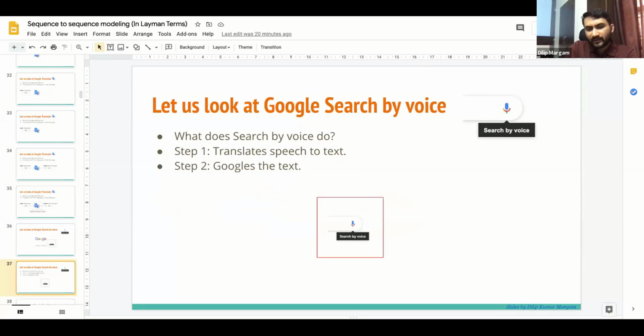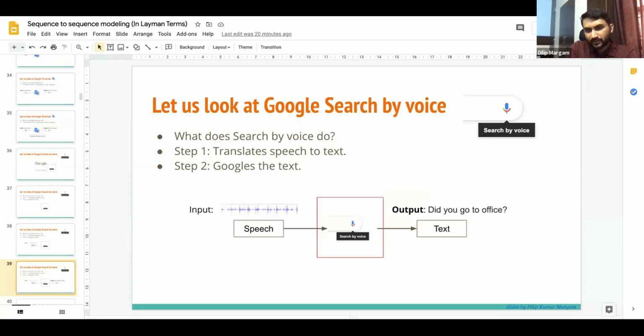The first step takes speech and converts it to text. So what is this particular application? This application is also a sequence-to-sequence model that takes sequential information as input, which is speech, a sequence of phonemes or sounds, and outputs text, which is a sequence of characters or words.